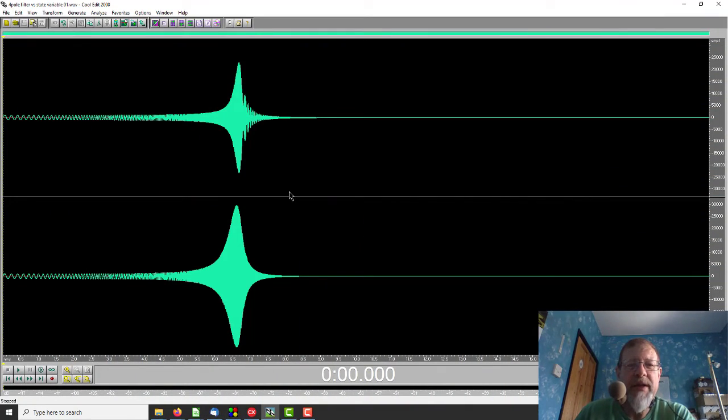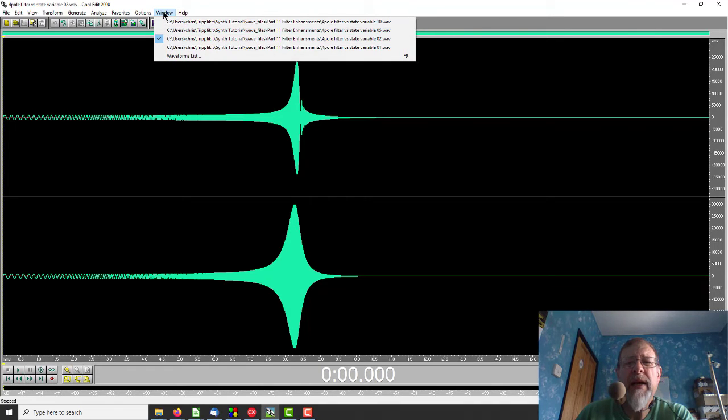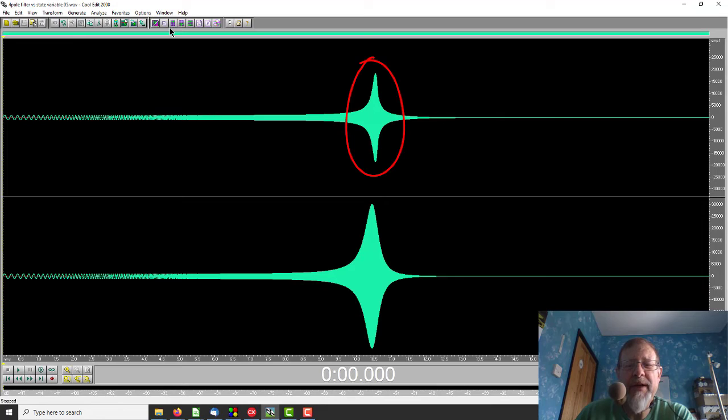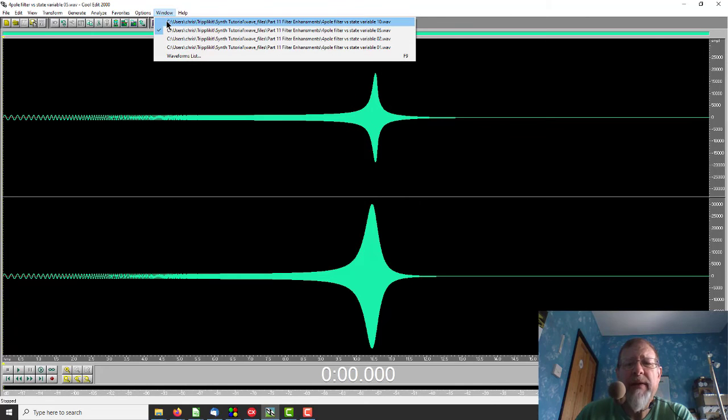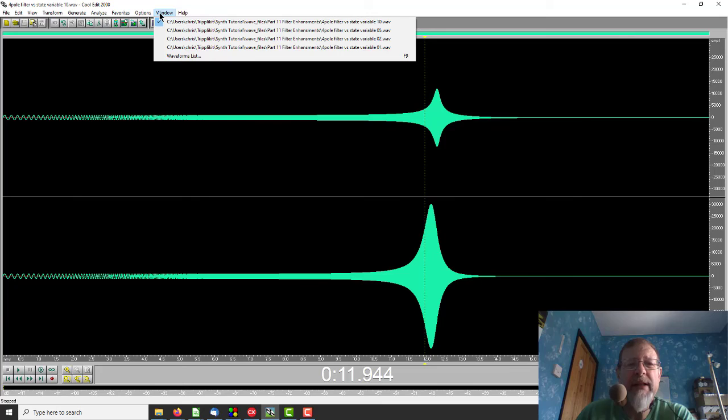So here is the 4-pole filter against the original state variable filter for 4 different frequencies. That frequency, and immediately we look at that and say, what is going on there? That frequency, which is higher, that frequency, and you can already see the resonance is starting to go down with the higher frequencies, and that frequency, and the resonance we would expect to be the same for the 2 filters, and you can see it's well down there. And I set this filter up to work with the Mean Green PC simulation program, and